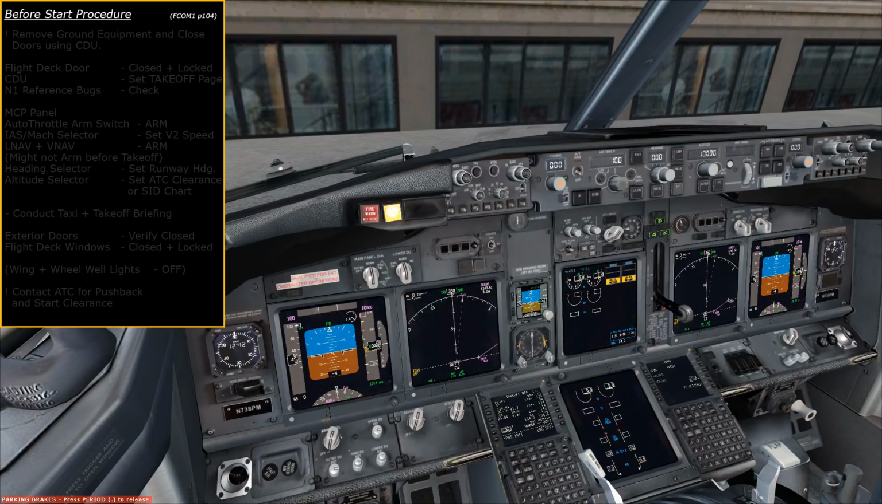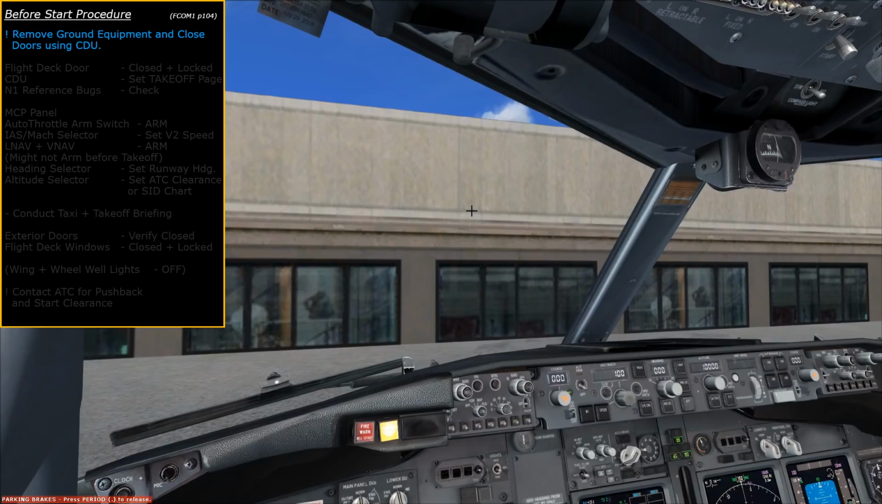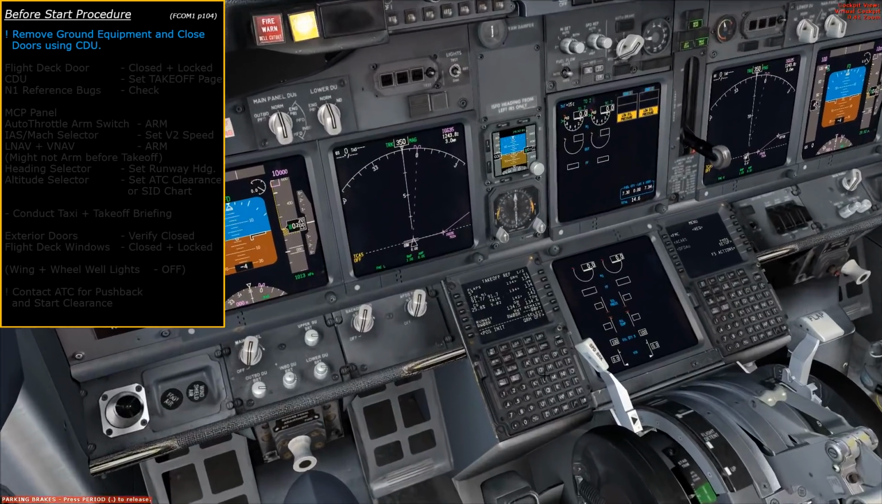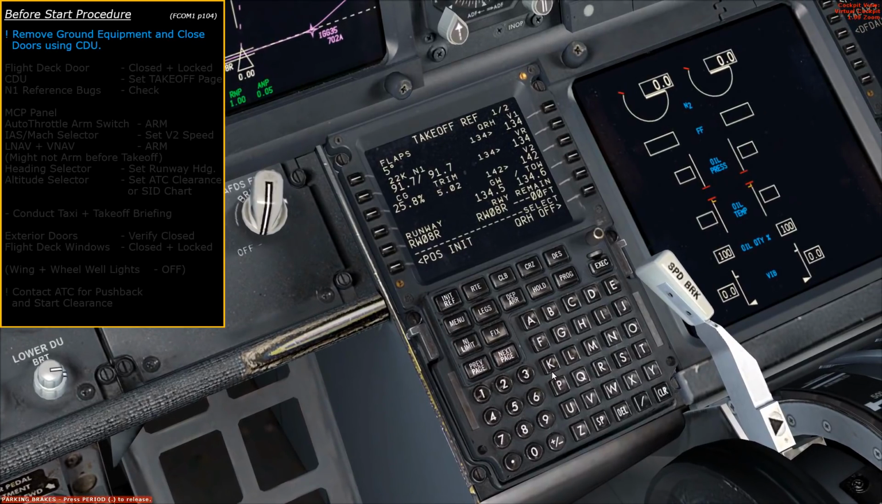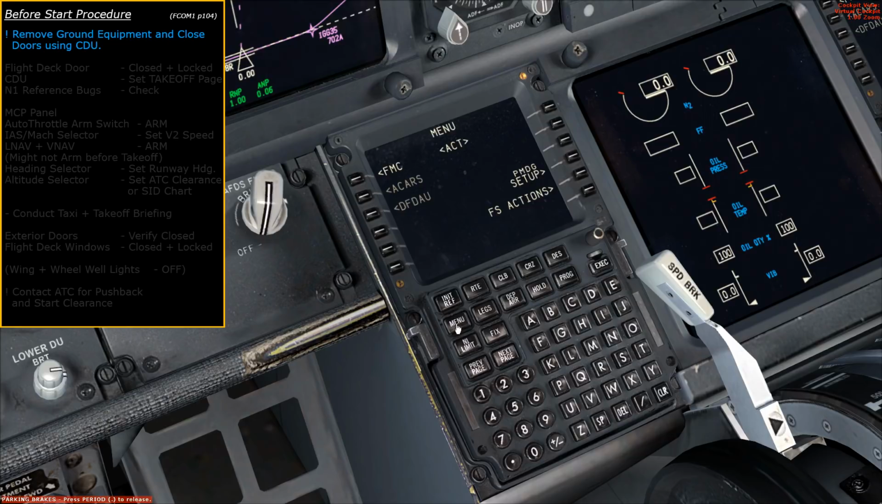So before we start with the before start procedure, the first thing to do would be to remove any ground equipment and close any of the aircraft's doors, and we can do that by interacting with the CDU down here. So if you followed through from the pre-flight procedure in the previous video, you would have ended up here on the takeoff ref page. So how do we get back to the simulator menu or the actions? What you need to do is click on menu, and that will bring you back to the sim menu